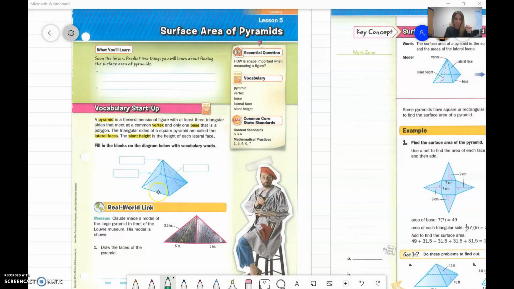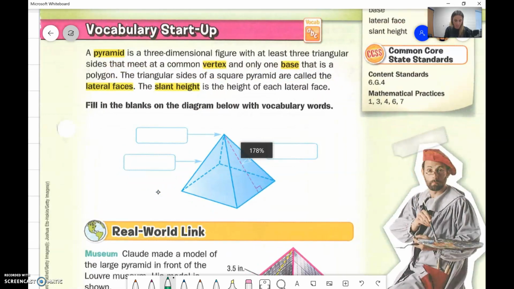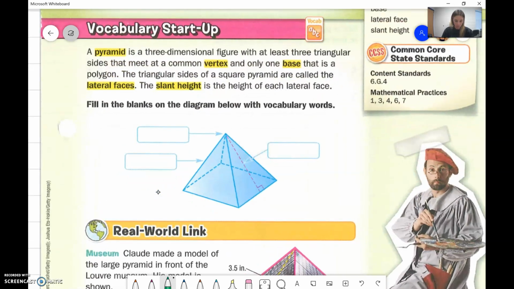So get your book out and open, and you are going to be on page 783. We're going to talk quickly about some vocabulary and then jump right on into some practice problems and talking about how we find the surface area of pyramids. Okay, so a pyramid is a three-dimensional figure with at least three triangular sides that meet at a common